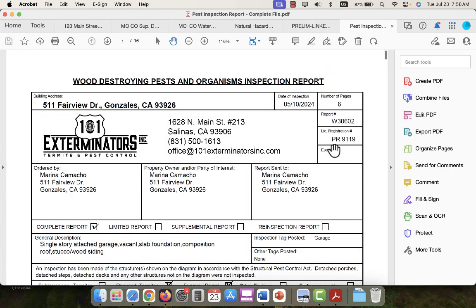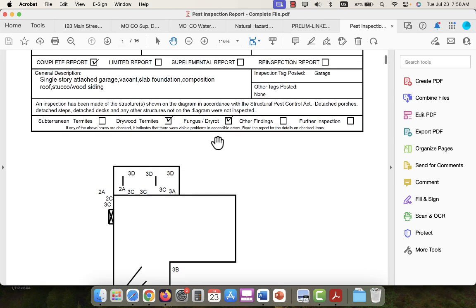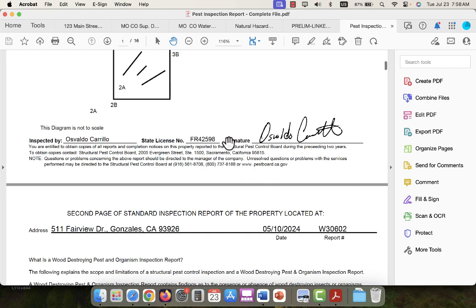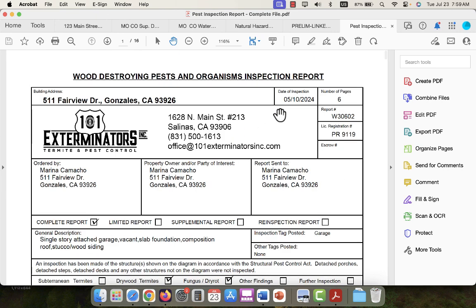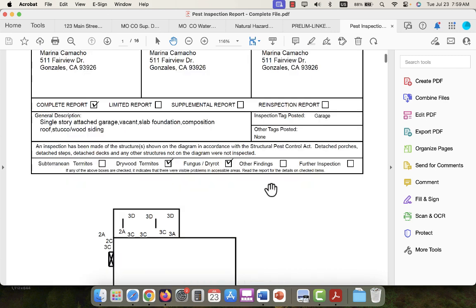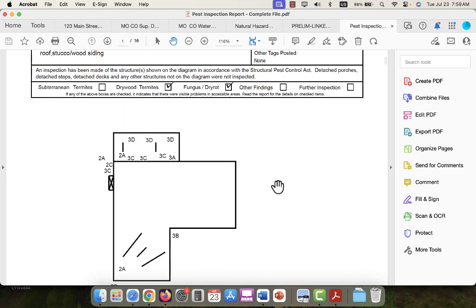So since we have that report, in this case, in this example, my client completed a pest inspection report prior to placing the property for sale. So since I have this report here that we have to turn over, I'll just go ahead and include a line on the report,